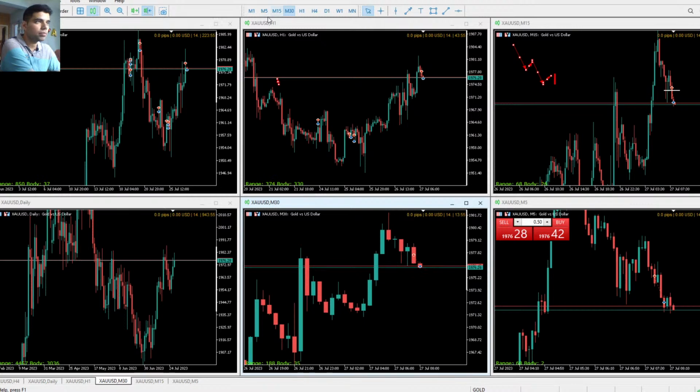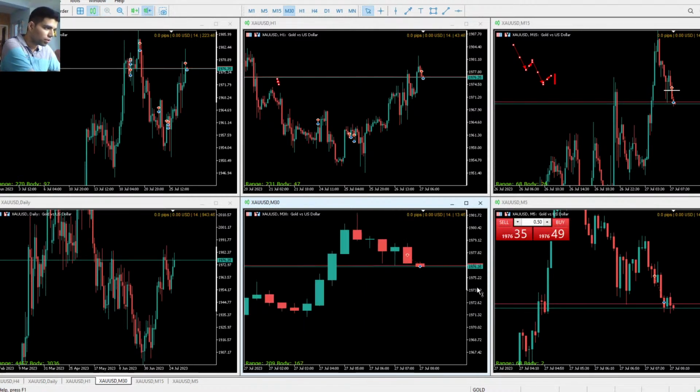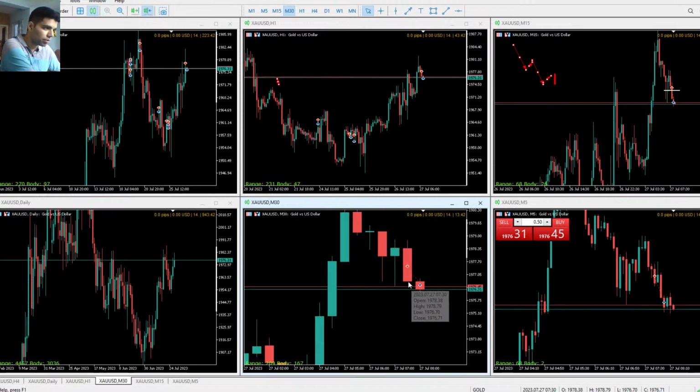And this 30-minute candle closed with very small bottom wick or no bottom wick, so that means, as I've already told, it's not always true, but most of the time for the red candle, if there is a nice bottom wick, then the next candle can move, right? Okay guys,